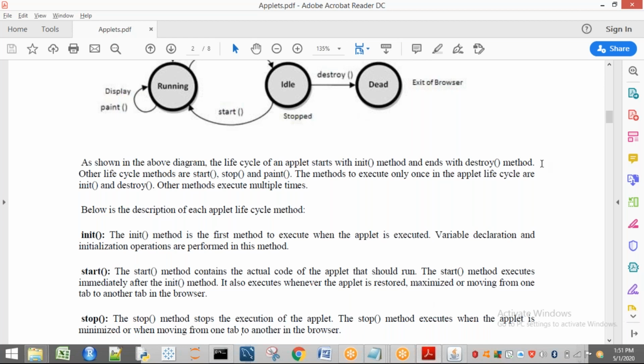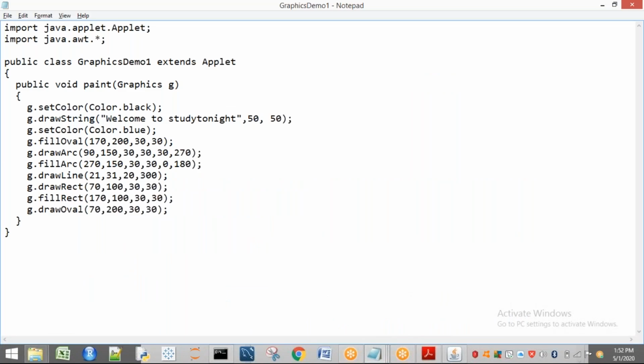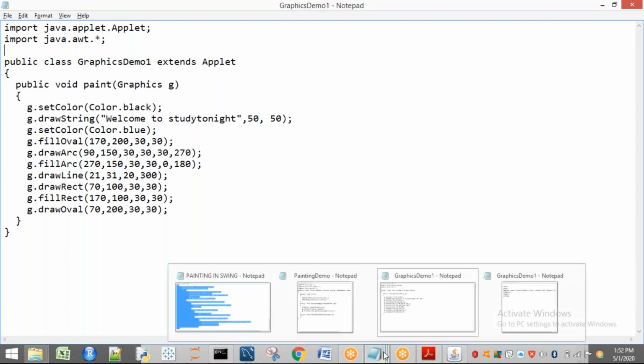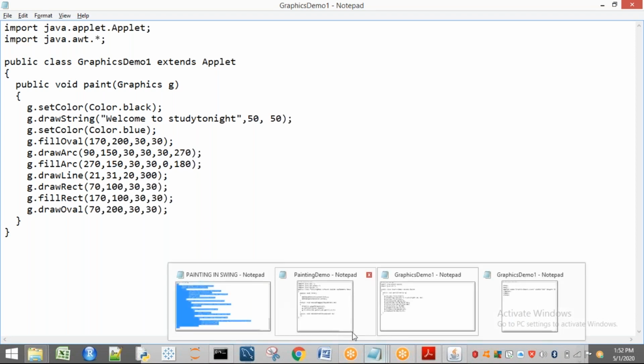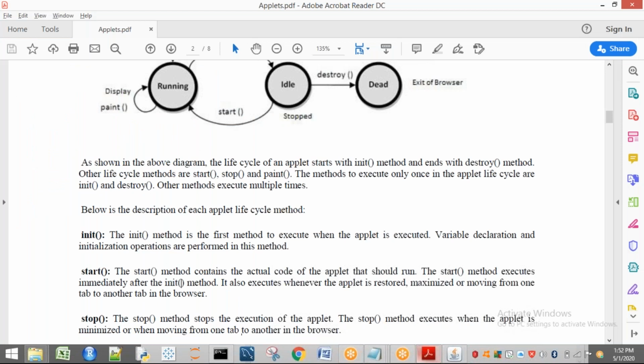Let us consider this screen is your applet. Now I have opened some other thing, so your applet goes into which state? Idle state. Once again, if you want to get back to running state, whenever I click on this, which method is executed again? The start method is executed. It also executes whenever the applet is restored.